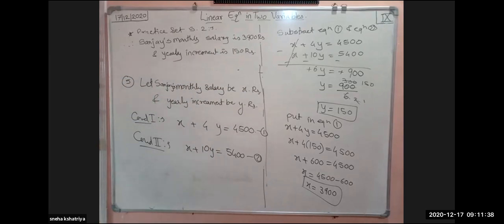Okay. Very easy kind of example. Whatever the conditions are given to you, first you have to see them properly, and afterwards you have to write them in mathematical form, and after writing in mathematical form, next you can solve your example by any one method. Okay. Now we will move to the next example. Next example, question number 6. If you want to take a screenshot, you can take it, or if you want to write it down, you can write it down too.